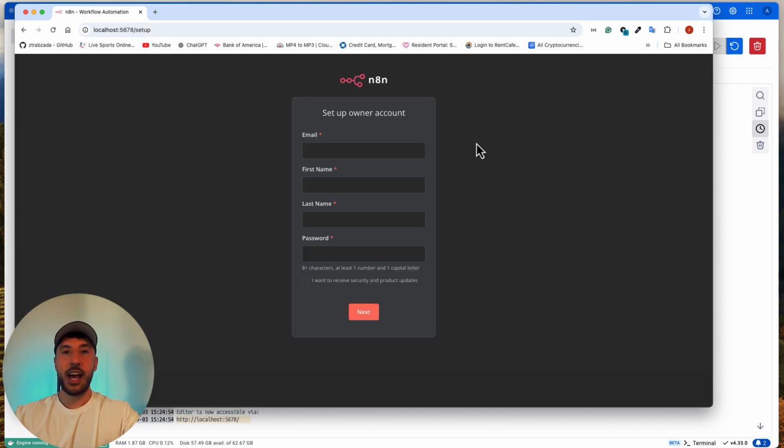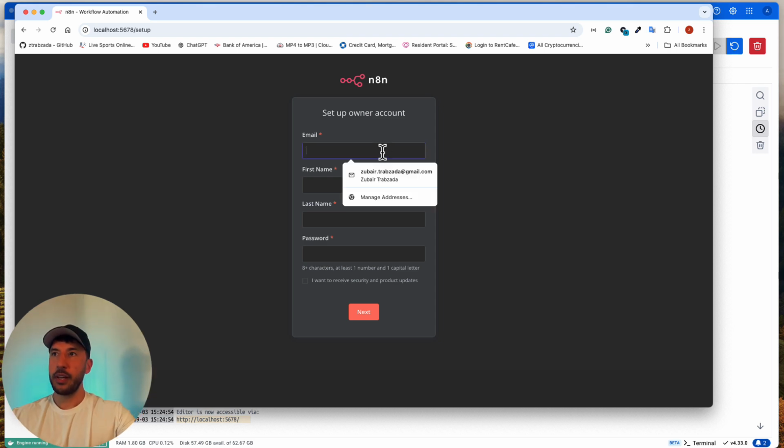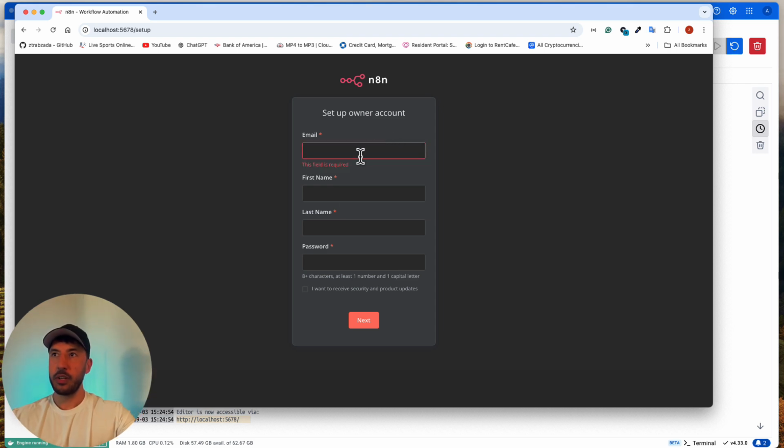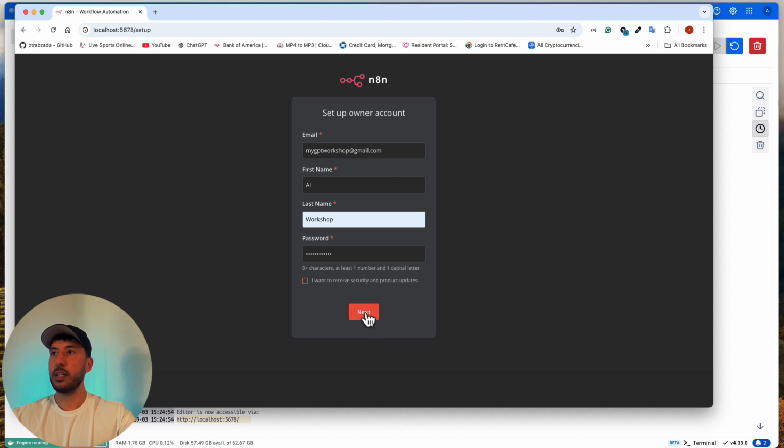And there you go. So now you can set up your email account. As soon as you paste that in your local machine, it will take you to the form where you will have to set up a new username and password. And again, this has nothing to do with your cloud account, so there is no migration here. So go ahead and enter your information. I'm going to go ahead and enter mine. Okay, so once you do that, click on next.